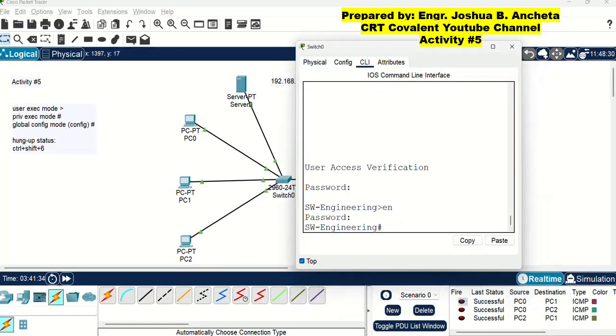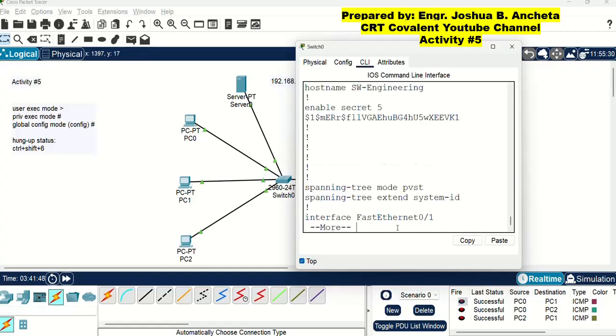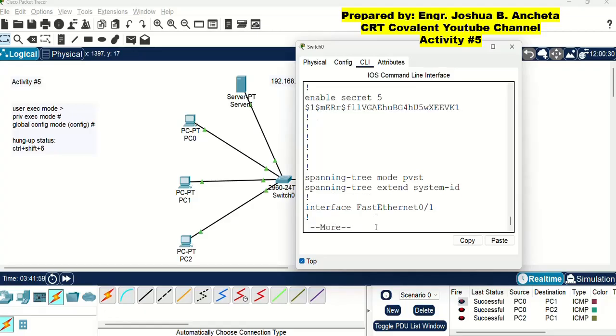I will now introduce the show running-config command. In the privilege executive mode, let us type show running-config. Then press enter. There is a word more here, so you just press enter or press the space bar. If you press enter, it will just show one line at a time.